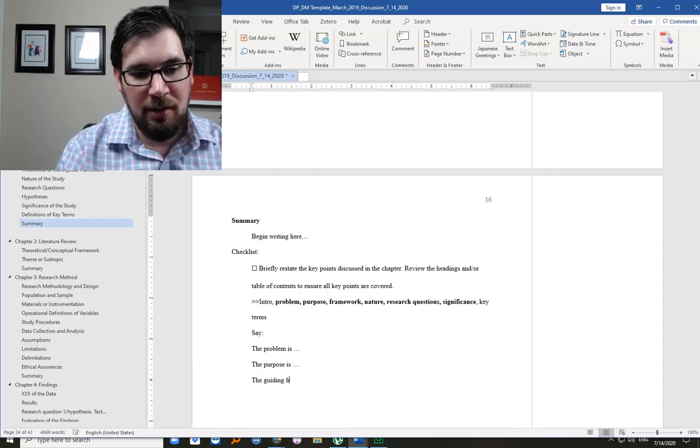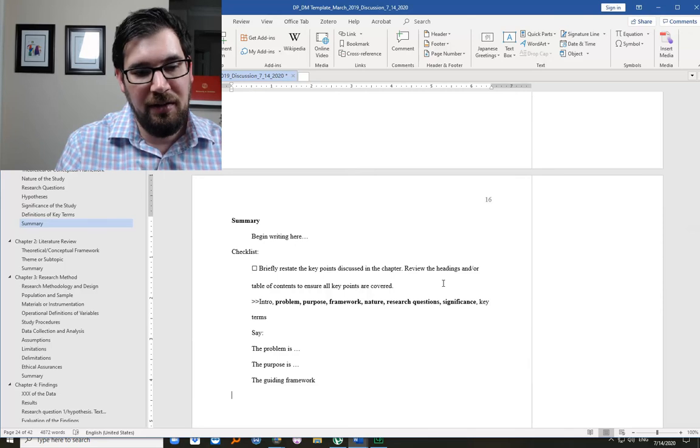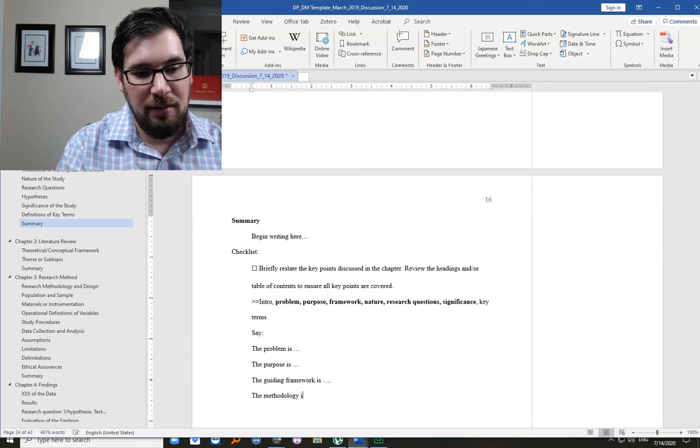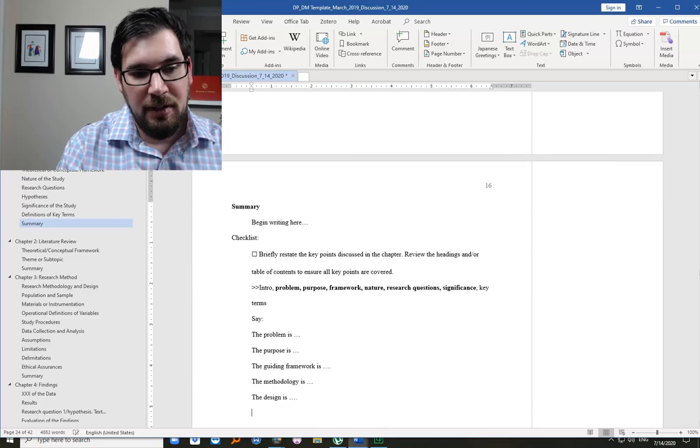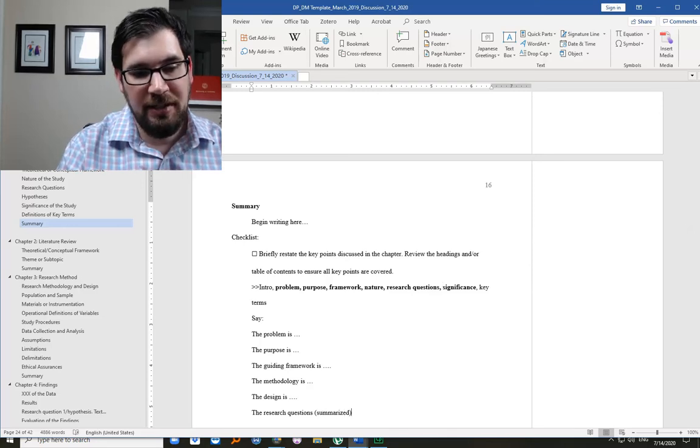The guiding framework. In fact, you can say the problem. You can weave these sentences together. I'll show you. The guiding framework is, methodology is, the design is. You really don't need to go much further into that. You're not going to write the word summarized, but